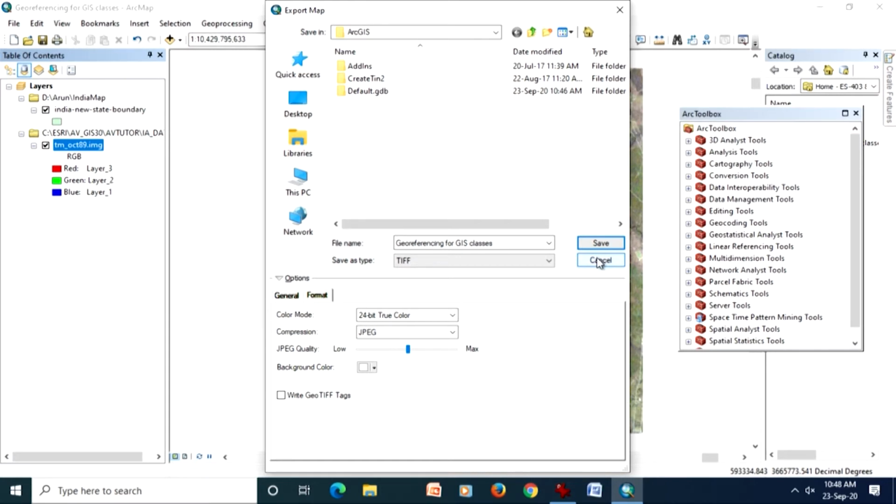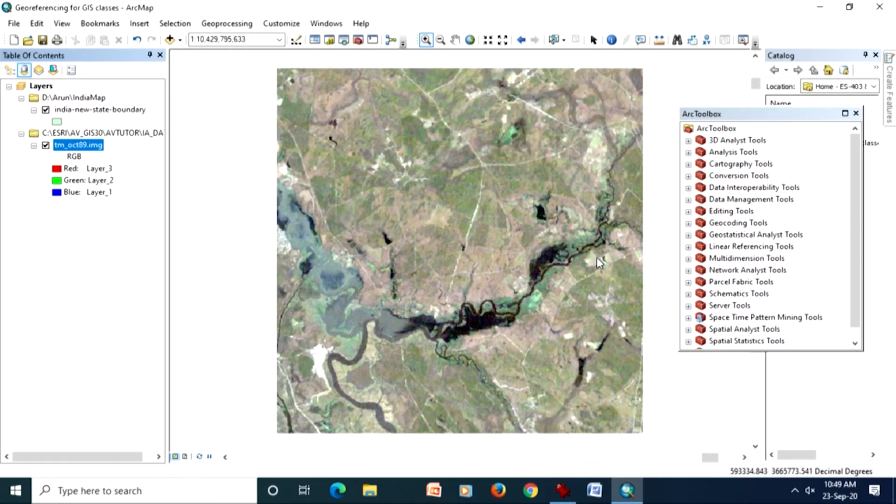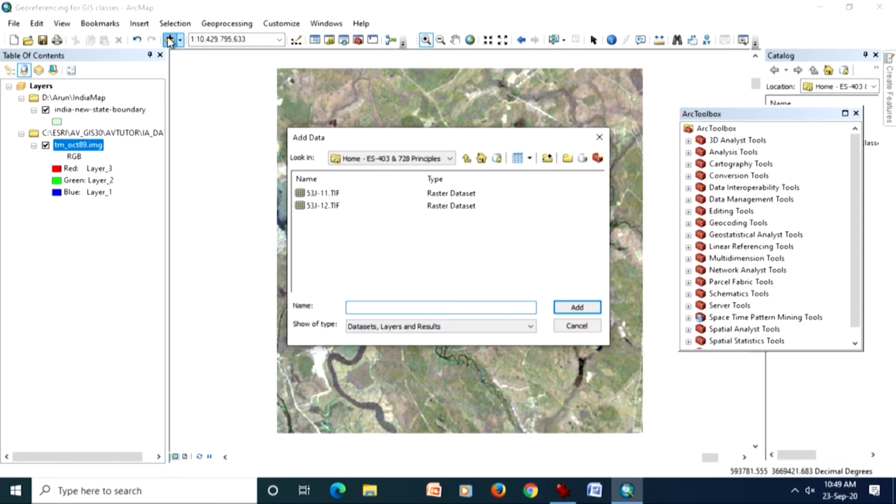Now, if I do it a little differently in this software, which I will just demonstrate to you, that is also one way of making our display fast, which is called pyramids, which we have also discussed earlier in our theoretical lectures. So I will demonstrate that also, how pyramids work.